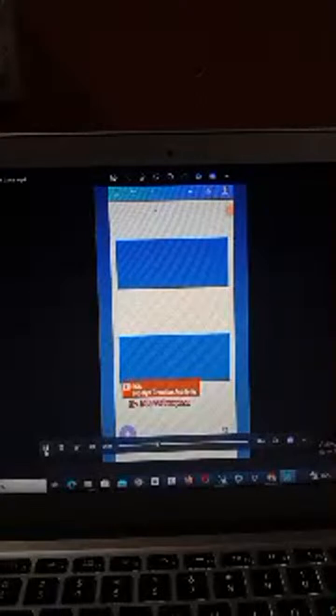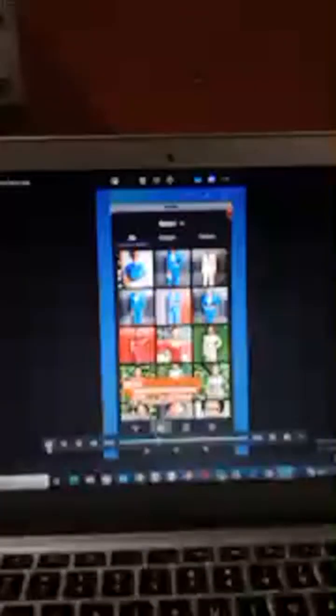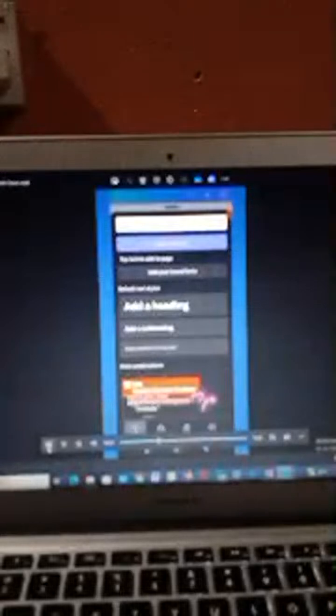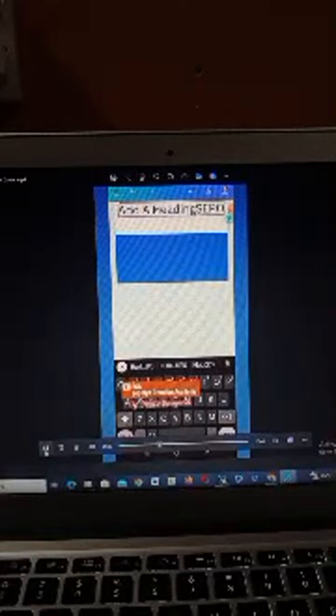Now we have gotten our two colors, which is blue and white. So we want to bring in our text. You click on the plus sign and go to text, and then click on add a heading. So we have it here. You can type in what you want to type. So I have Cepolin. Okay, let's delete the first Cepolin